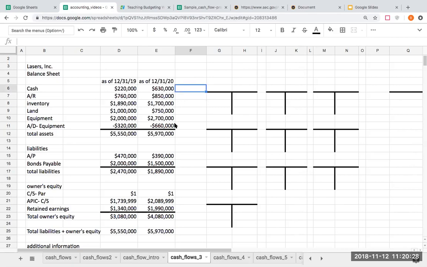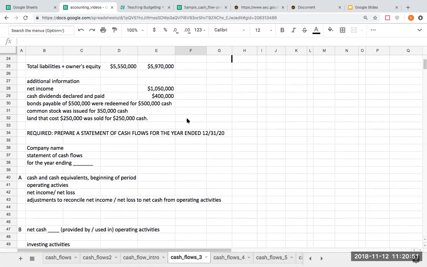Okay, so the first thing when we look at a statement of cash flows is that I know what my answer is going to be. My cash started out at $220,000 and it ended at $630,000. So my total increase in cash is going to be $410,000. So my first step when I go through and do this question is I want to prepare the skeleton,